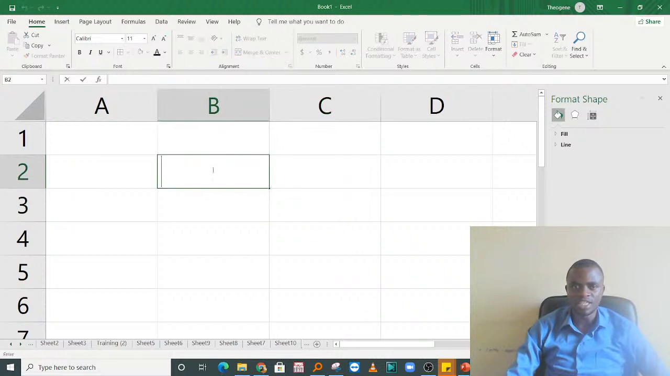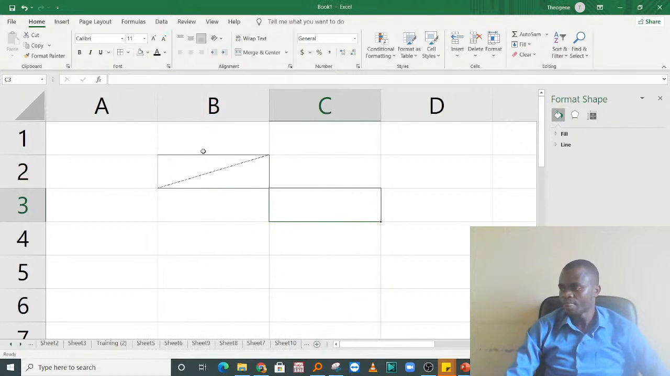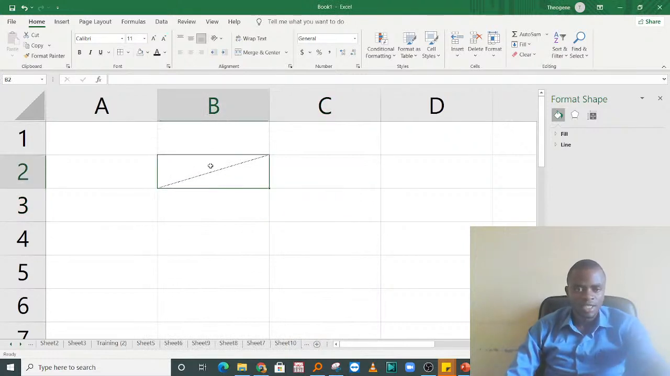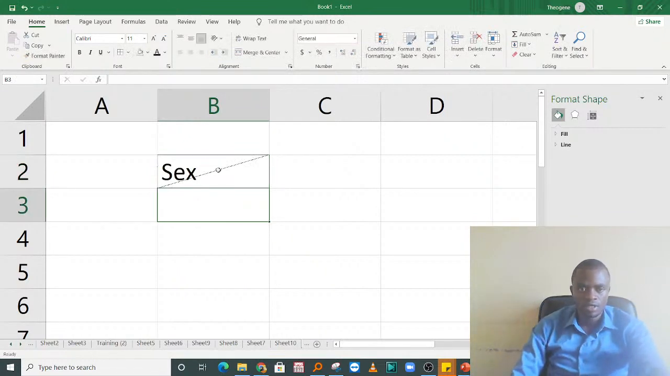So I can have so many texts, either up, down, right, left, and so on. So it depends on how you want it to look. So I can even go back there and remove the one here. Then I click OK. Okay, I think this is very clear. Then you put your text, like for example, sex,